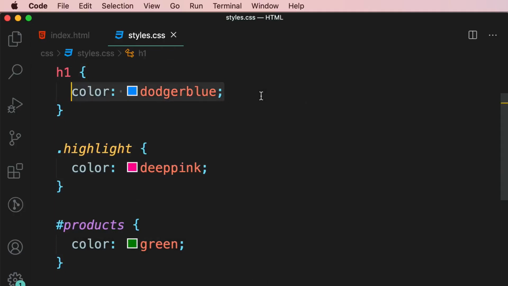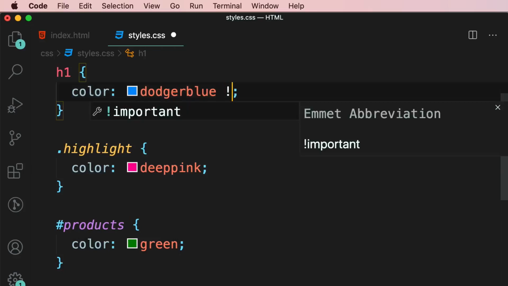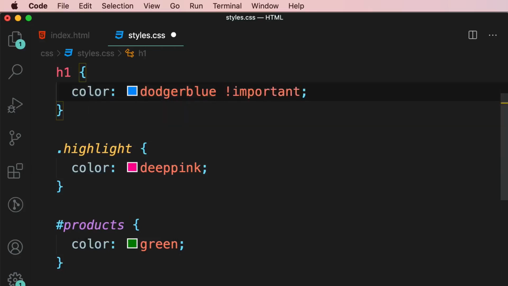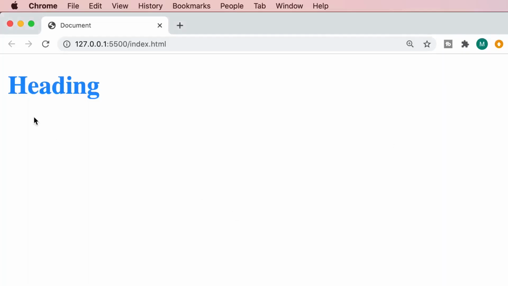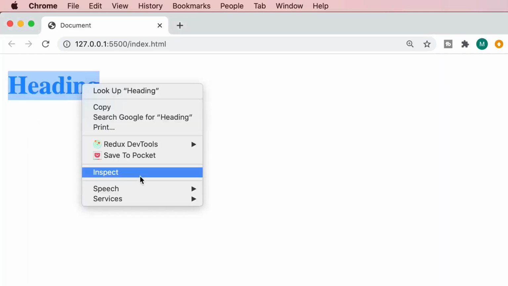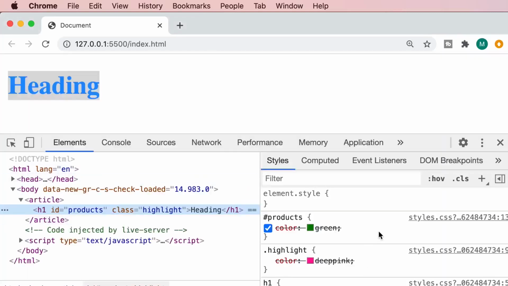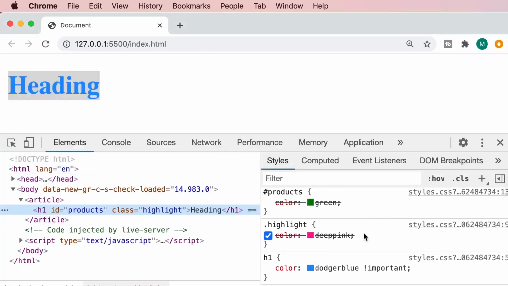So as part of this declaration, we type an exclamation mark followed by the important keyword. When we apply this keyword, other rules will be discarded. Let me show you. So save the changes and back in the browser, our heading is blue. Now let's inspect it. So even though we have more specific rules, these rules are ignored because we have used